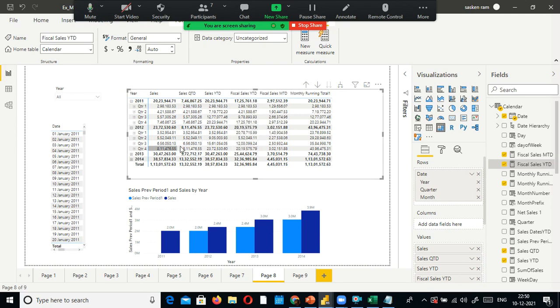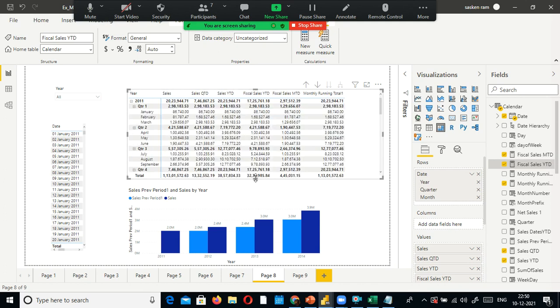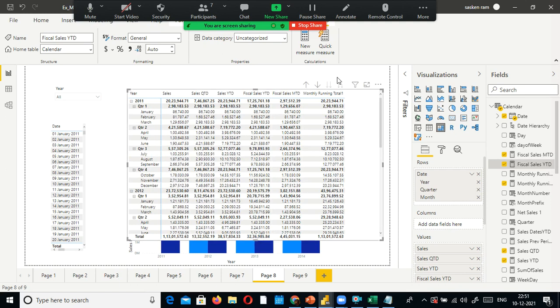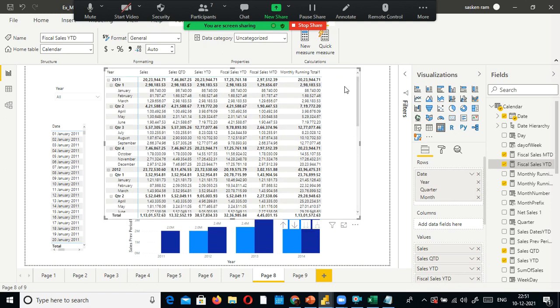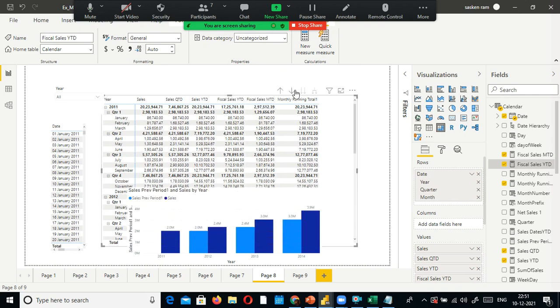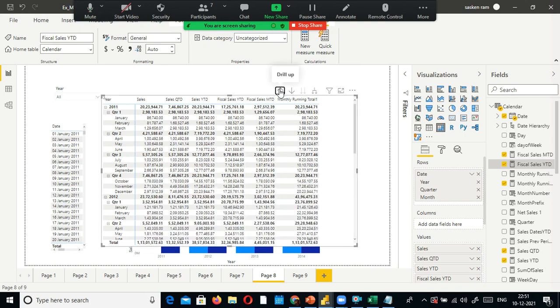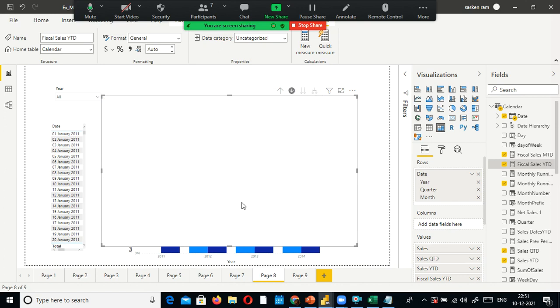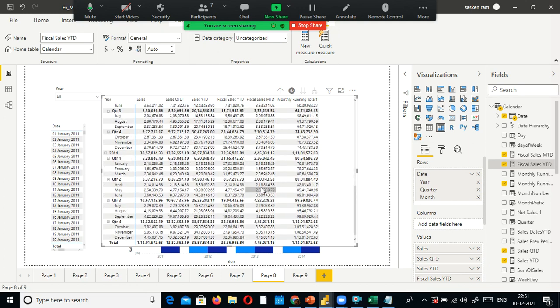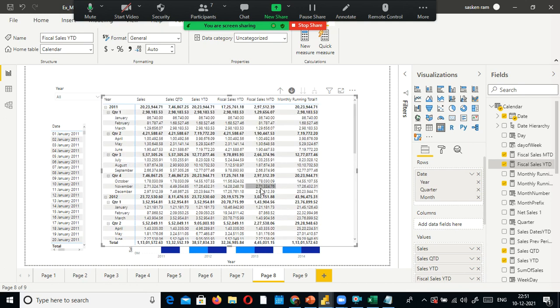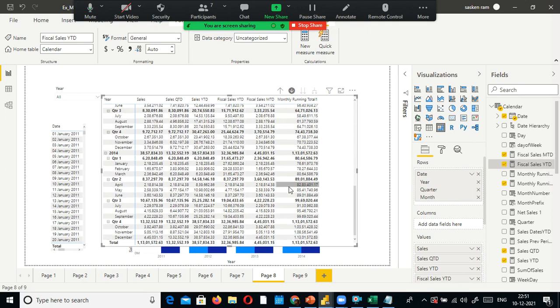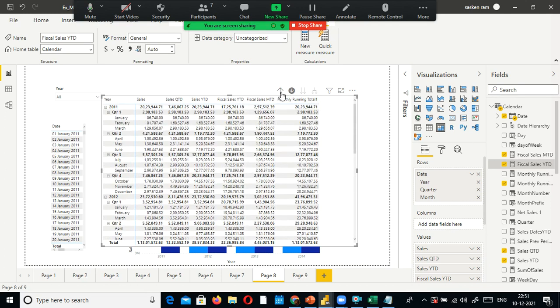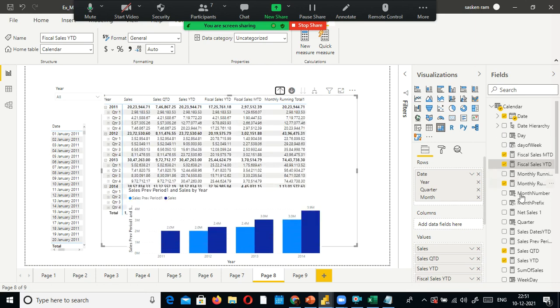Okay, and here if you come here, what I will do is, you don't need this much detail, a little bit up. Quarter 1, see, drill up. If you enable this one, it will give the granular detail. For each year, each quarter, month level, it gives you all the detail. You don't want to see all the things, right? If you click drill up, it goes up one level.